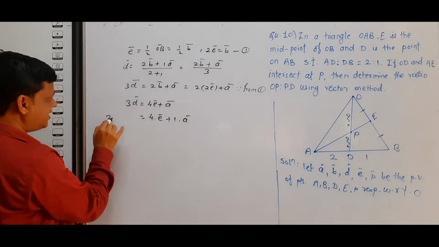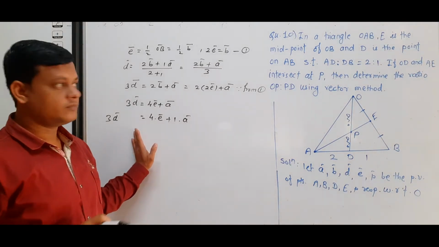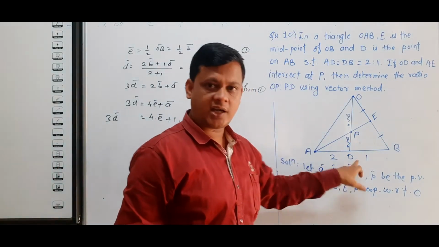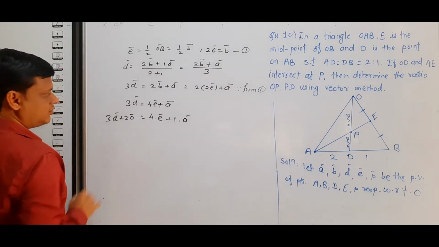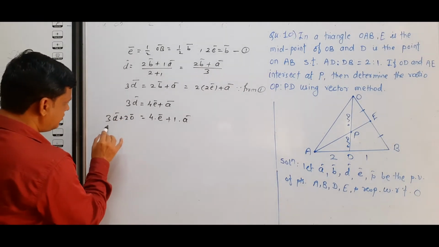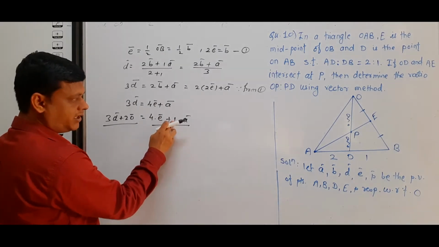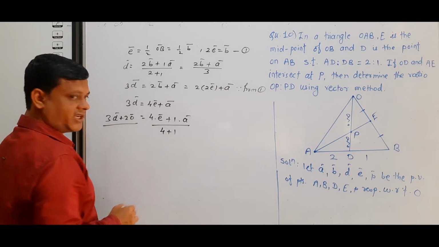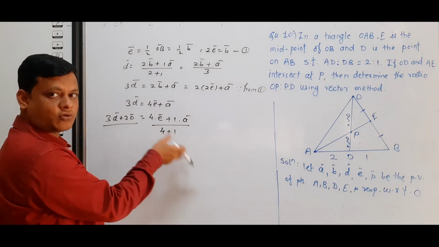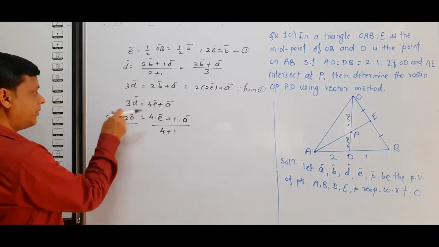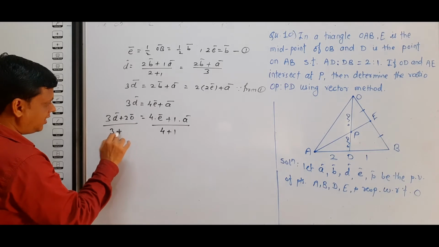So we have to adjust this left hand side also in the form of vector O and vector D. So we write here 2 into vector 0 vector, so upon also. So here in RHS we require 4 plus 1, that is 5. That means if we divide RHS by 5, we have to divide LHS also by 5, but we have to split up that into 3 and 2. So we write here 3 plus 2.